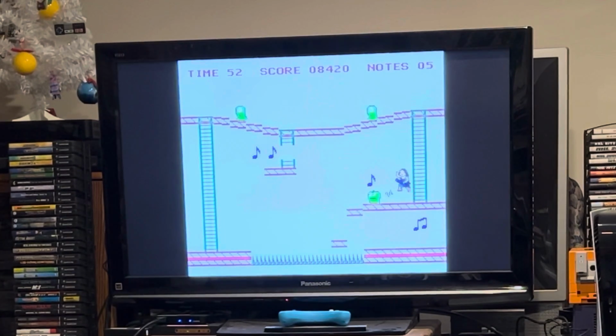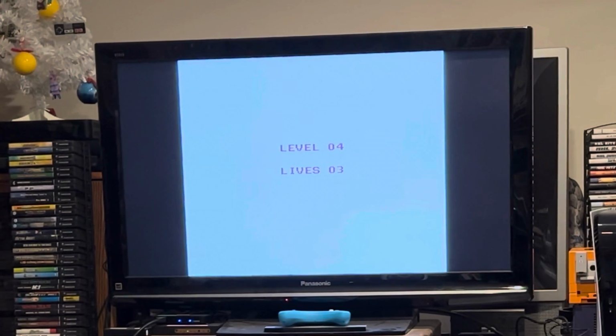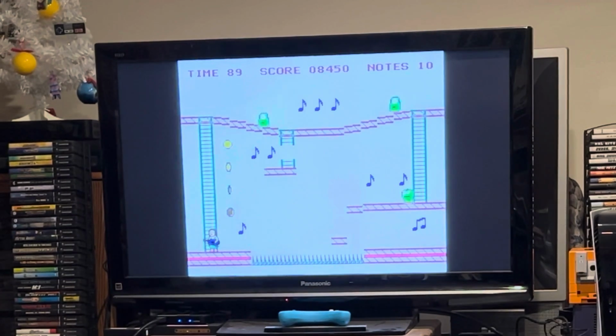Now, why did I get obsessed with Jammin? Well, for me, the play mechanics of this game took me back to a time when the only console I had was a Commodore 64 computer with floppy disks and a joystick, and I would play games like Jumpman Jr. This one is clearly inspired by that, but riffs on it in its own way, pun very much intended,